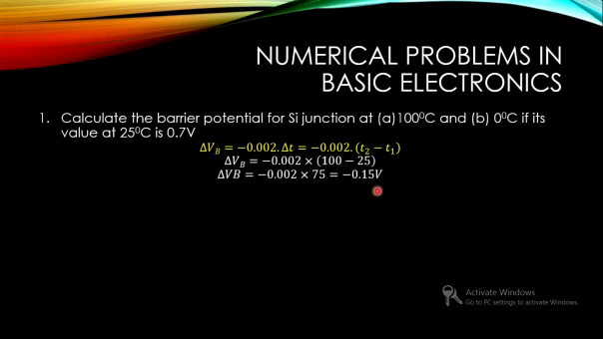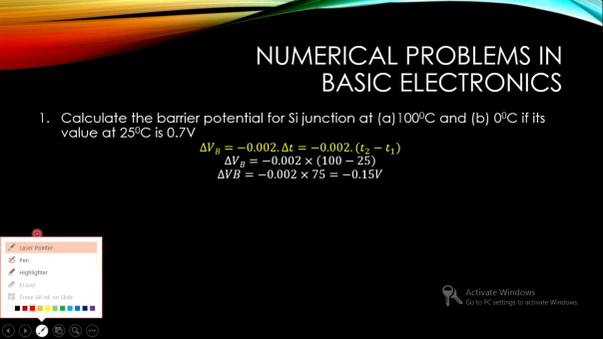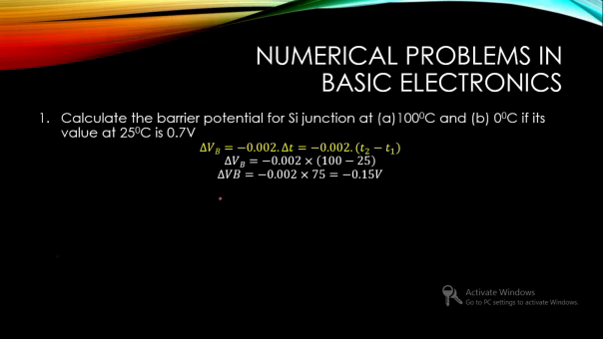So what will be the potential here? That is only the difference. So what will be the potential? The barrier potential could be written as VB at 100 degrees Celsius, how much? It will be equal to VB at 25 degrees Celsius,